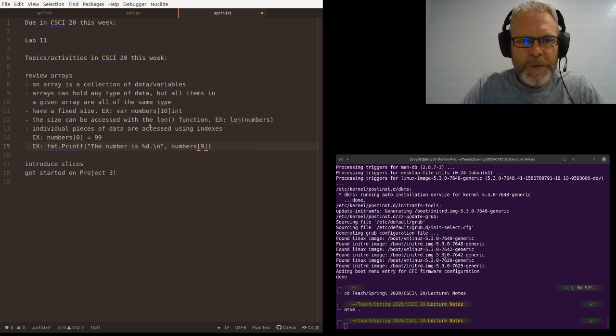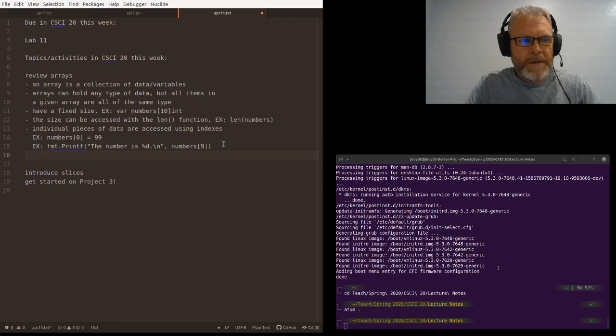That would be the last one in the numbers array, which is one less than the length, is the last index. So anyway, you access the individual values in an array with an index and the square brackets. Hopefully many of you will remember that. And then the last part that I want to review for you is that you